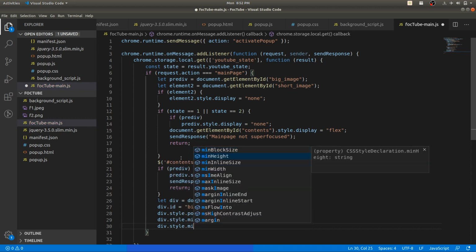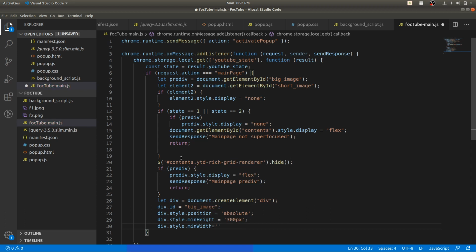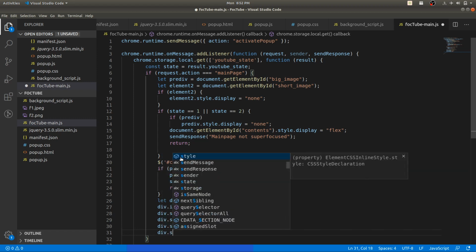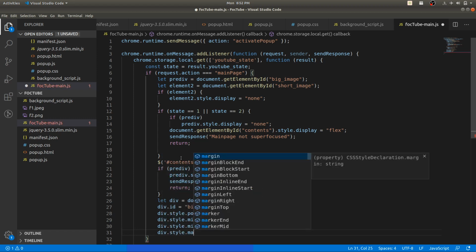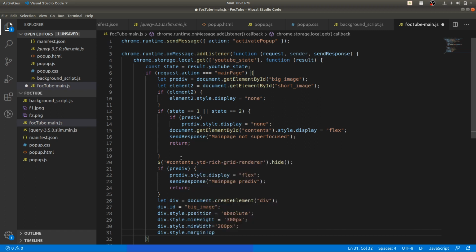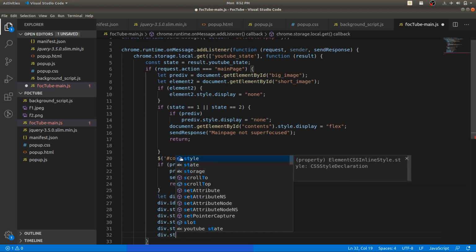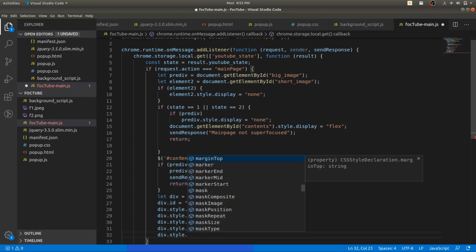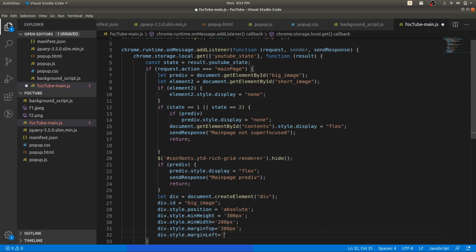Then we will pass div.style.display, min width, that should be equal to, I think 200 pixels will be enough. Now we will be using div.style.marginTop, we can set it to like 200 pixels.